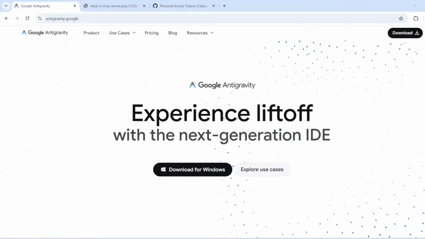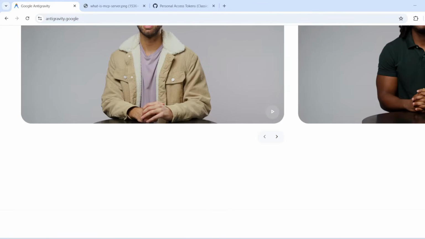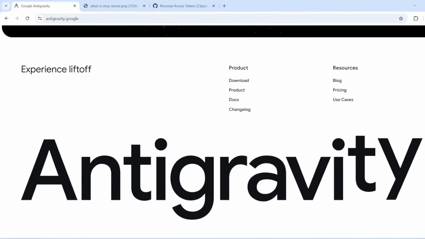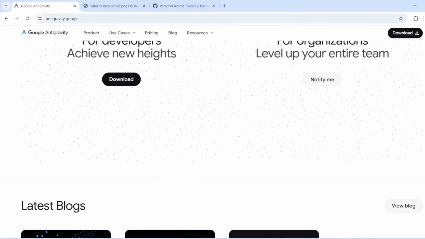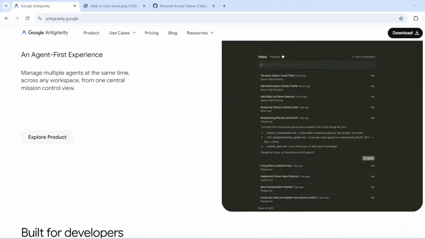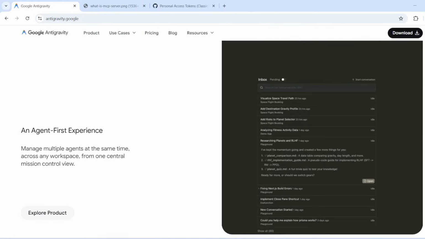Today we are going to explore MCP server with the help of Google Antigravity. So yes guys, in my last video I explained how Google Antigravity works. We basically looked into how you can create a project with it, how you can integrate AI with it. And if you want to check that out, I'm going to put the link of my video in the description